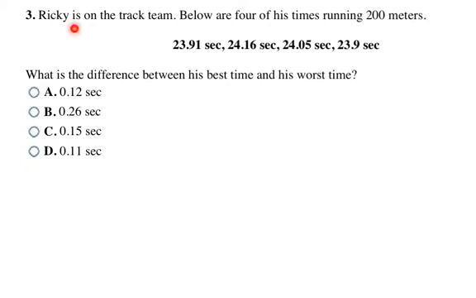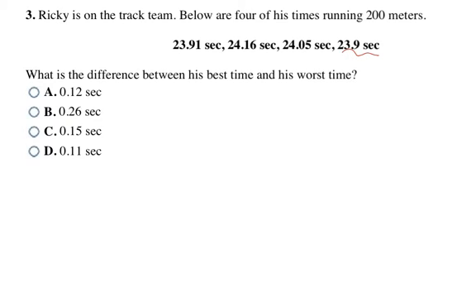So here, Ricky's on a track team. Below are 4 of his times running 200 meters. What is the difference between his best time and his worst time? So his best time here is going to be his quickest time, and his worst time is going to be his longest time. So the quickest time here is